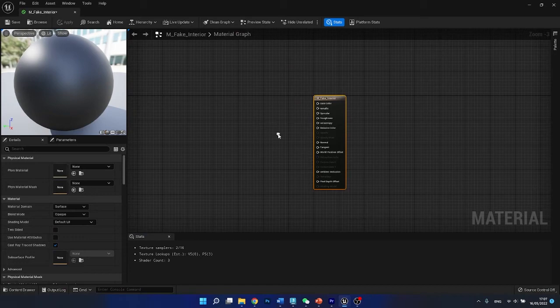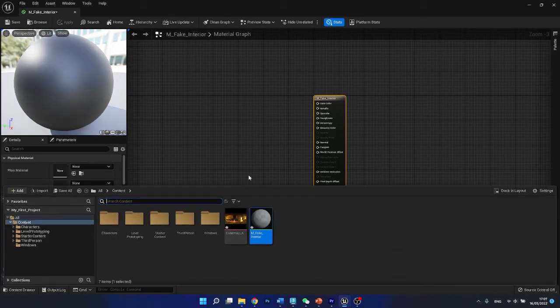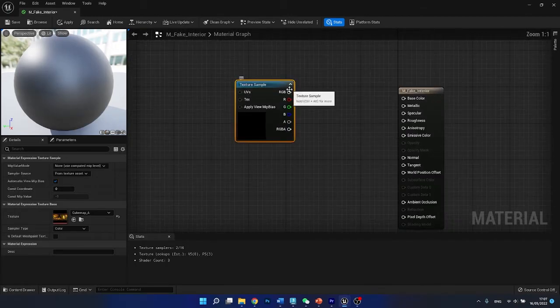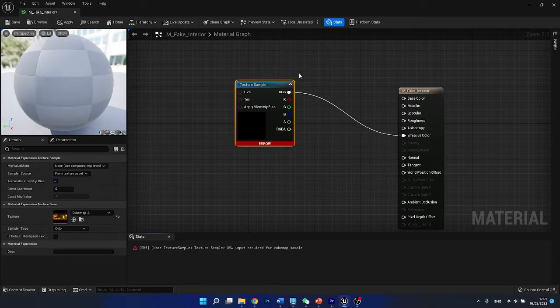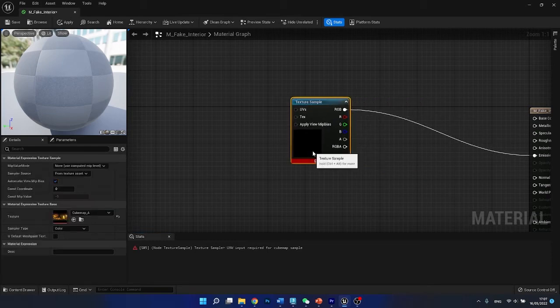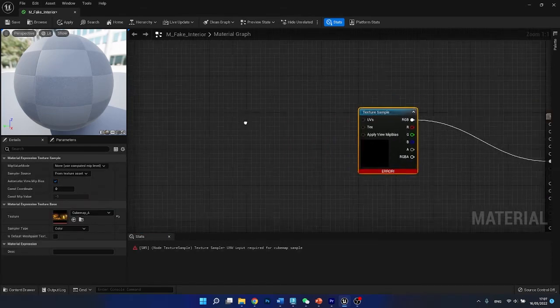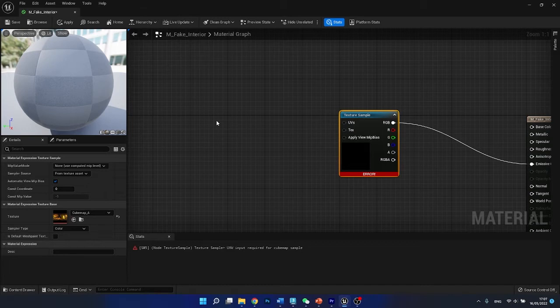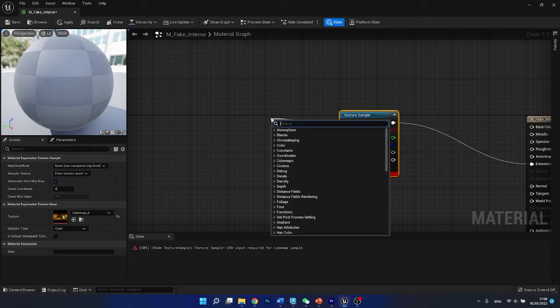We can open up the material, and I'm going to press the Control and Spacebar button again to click and drag in our texture. I'm going to click and drag this output here into the emissive for this particular demonstration. Then you see it's going to give us this error, and the error is because it has no UV mapping, right? Remember that our texture here is a cube map, so it needs to know where each section or each image needs to go. The way to resolve this issue is to bring in what's called an interior